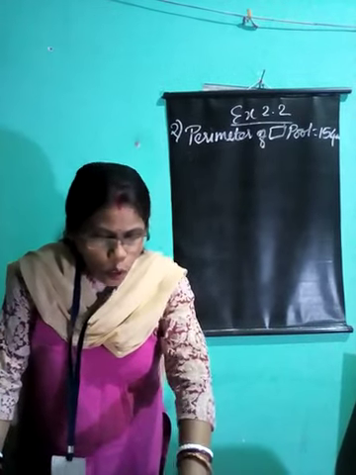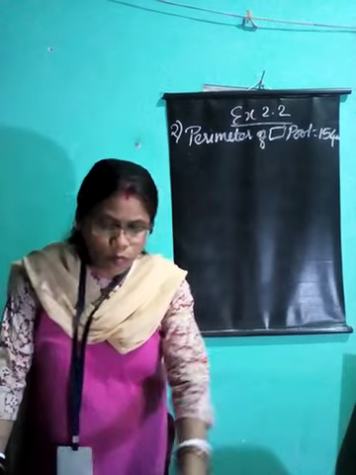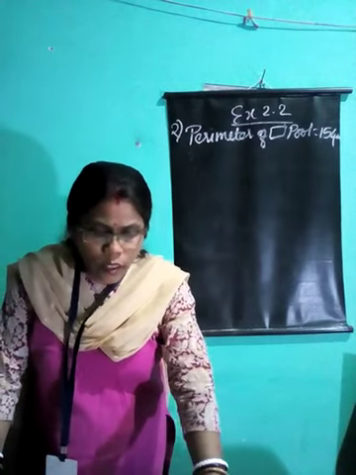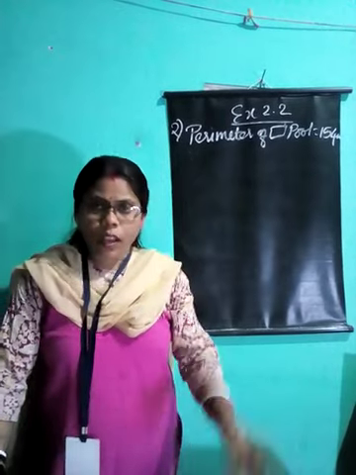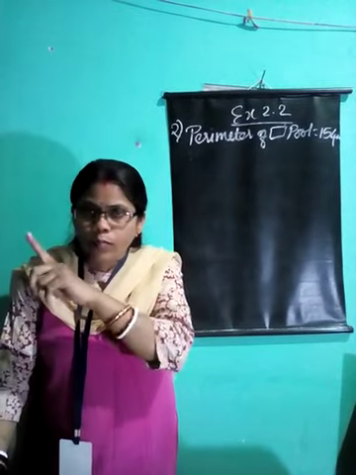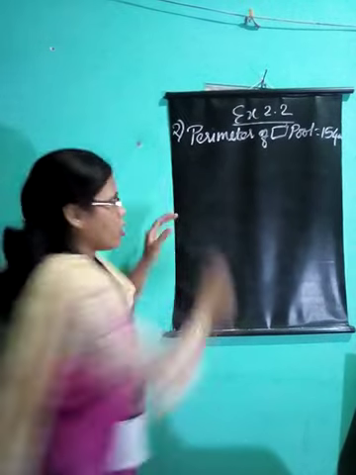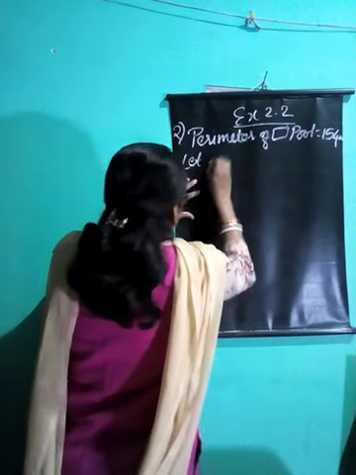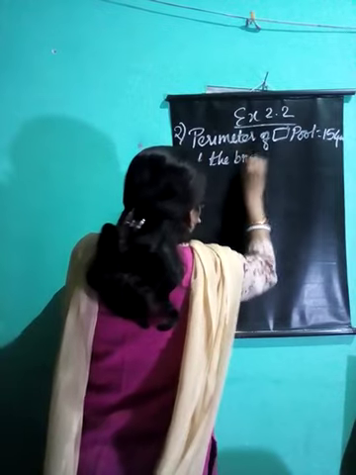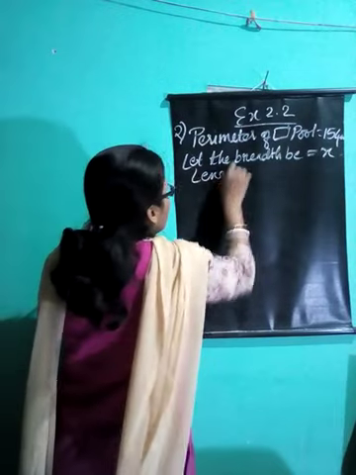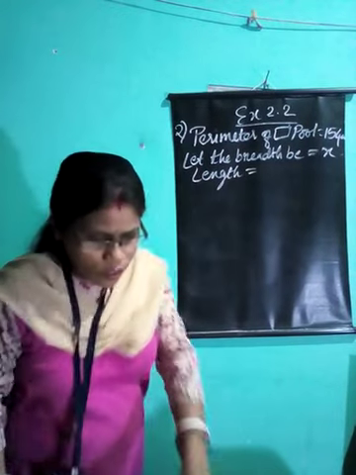Then what is given? Its length is 2 meter more than twice its breadth. Now what is given? Again I repeat. Its length is 2 meter more than twice its breadth. It means that the length is related to the breadth. So what will we be taking as x? We'll be taking breadth as x. So let the breadth be x. Breadth is equal to x. So what will be your length? Read that portion again. You will get length. What length is given?